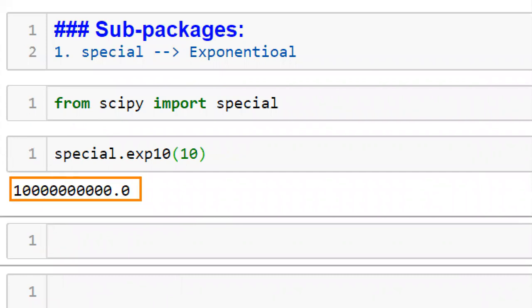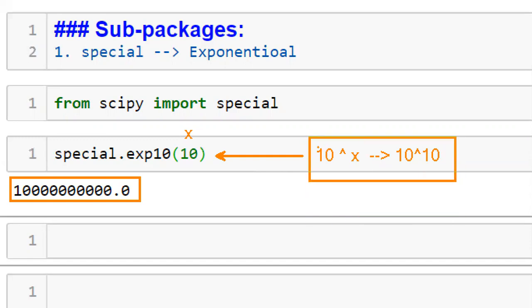How did we get this value here? Let us suppose here we don't have any value, and I'm indicating it with some variable x. This exp10 function will give you 10 power x on the screen. Here my x value is 10, right? It will give you 10 power 10 on the screen. This is the use of the exp10 function.